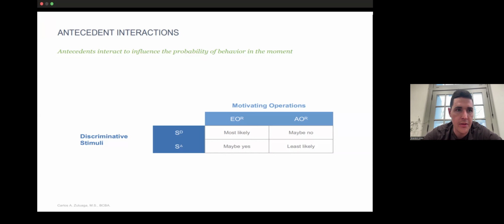And Mike, I remember you teaching this a couple years ago: if we're going in the community with somebody and they're constantly taking stuff from Turkey Hill, they're taking hot dogs, why don't we just make sure that they eat before we go out to satiate that need, so that it would abolish the need for reinforcement, and satiate the need, I guess I should say.